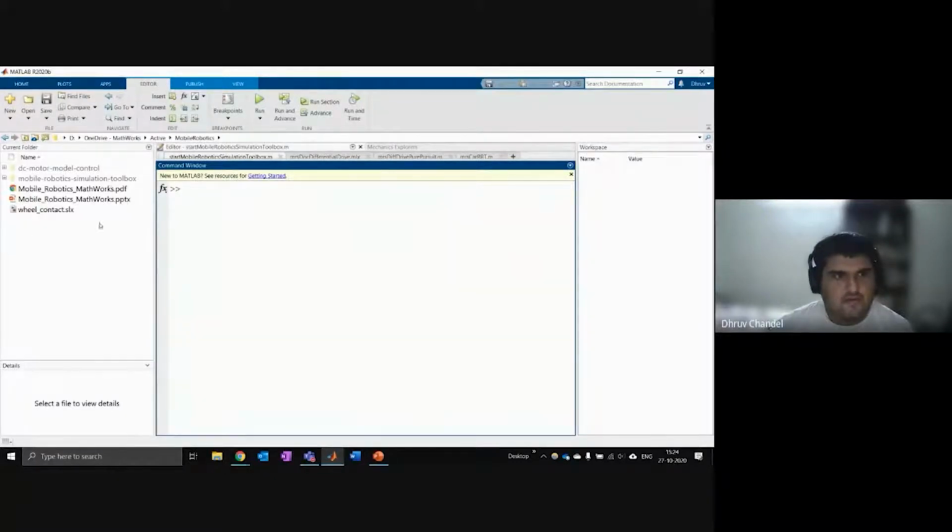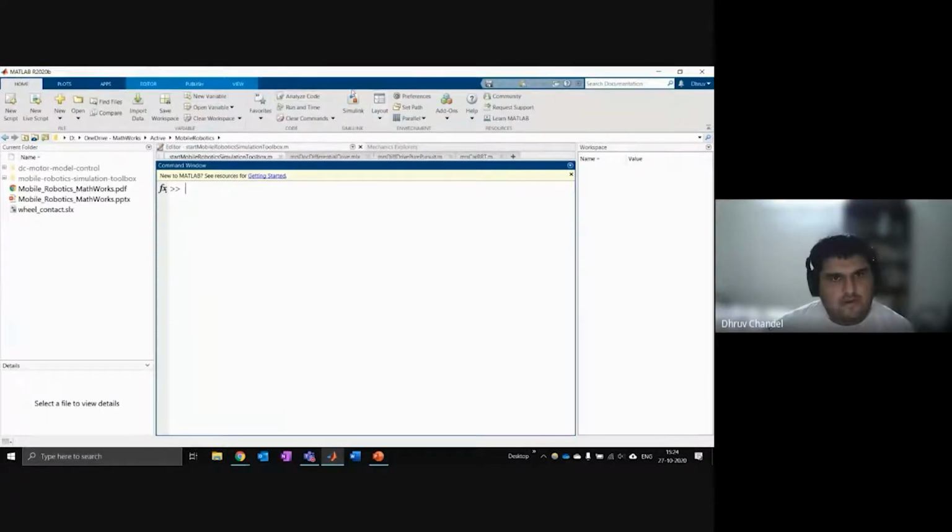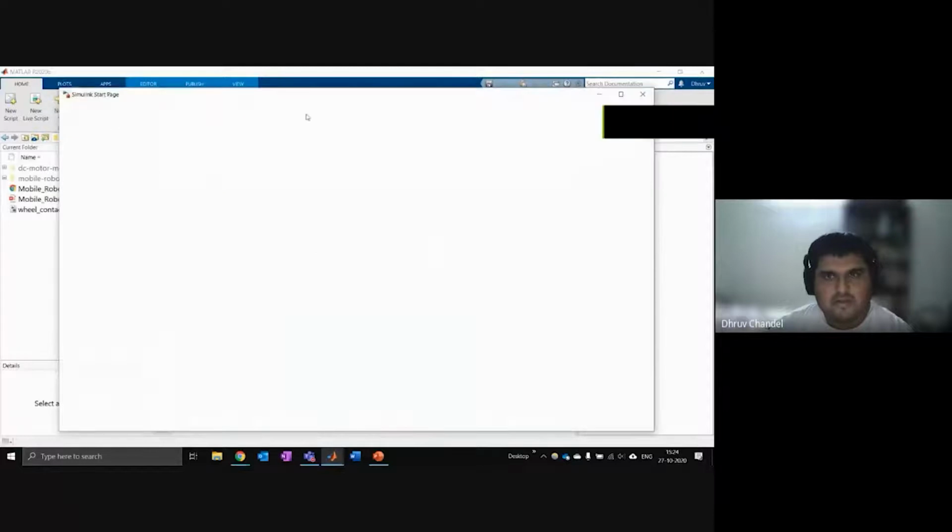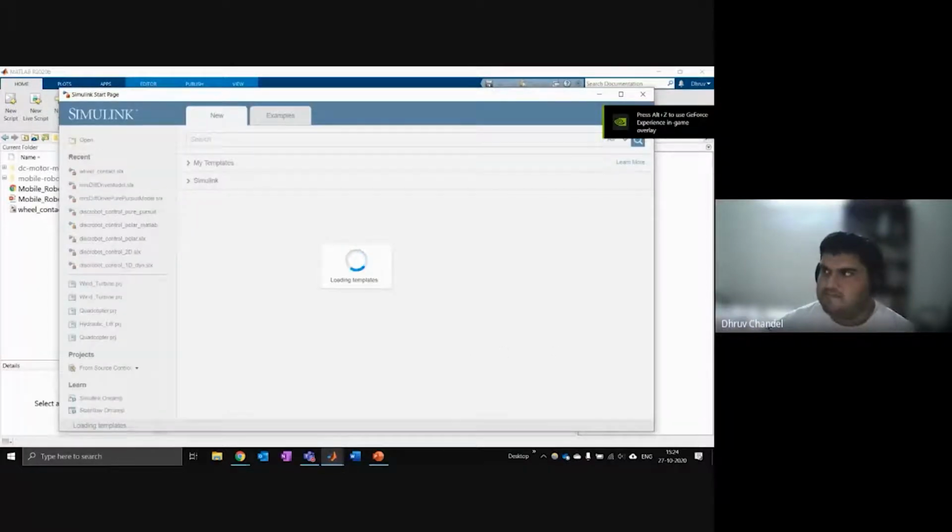And over here, you have your folder structure where you can navigate to the correct files. I'm not going to start off in MATLAB. I'm actually going to go to the Home tab, and from the top here, there is this button, which is called Simulink. In MATLAB, you write line by line code, basically. In Simulink, you can use block diagrams for programming, which is very useful for systems engineering. So I'm going to click on Simulink, and this is going to open up the start page.